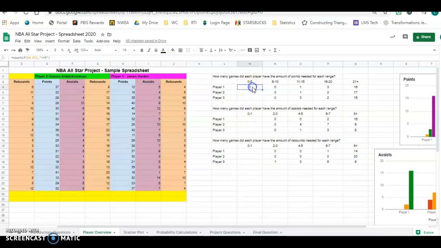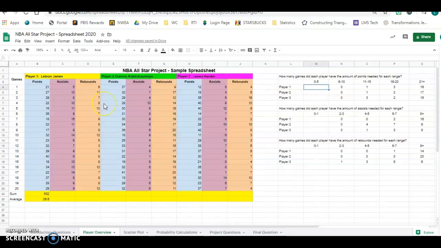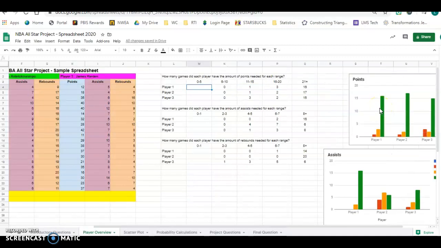Now what we're going to do is, I'm going to get rid of that. We are going to look at a frequency table. So it tells us how many times a player, so for instance, where my box is highlighted, we're looking at player 1, which is LeBron. If you want to go through and fill out your players' names, feel free. And so how many times did LeBron score less than or equal to 5 points in a game? Instead of having to go through all of these and actually search to find how many times, we are going to use a formula. And so this formula, you do equals and then COUNTIF